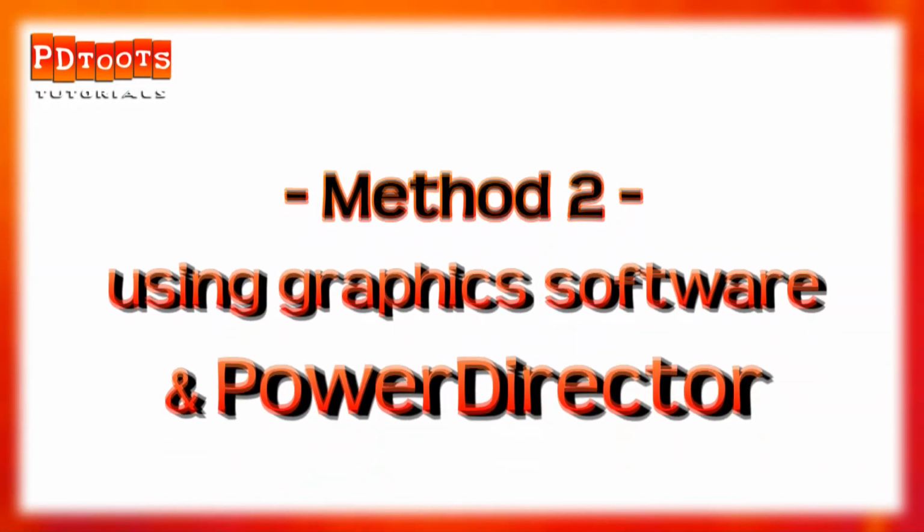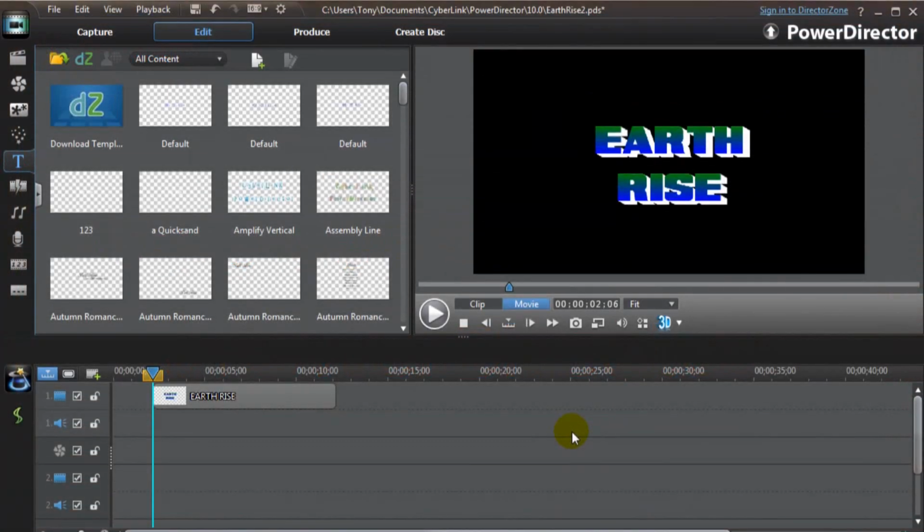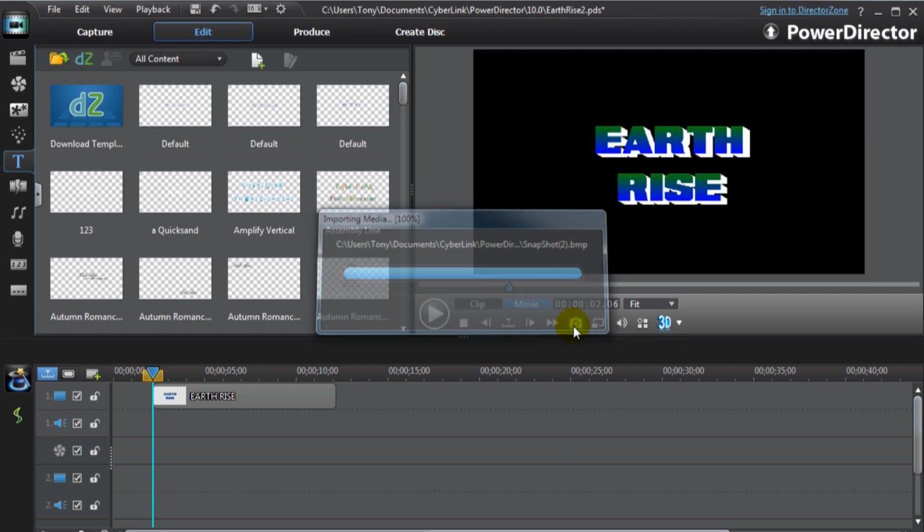The second method is going to be more useful for most video clips which don't have a plain background. We'll use a graphics editor that supports transparency. Here we're using Paint.net. One of our other toots, See-Through, goes into this more carefully if you'd like to take a look. We start in PD by taking snapshots, first of the title screen without the clip,